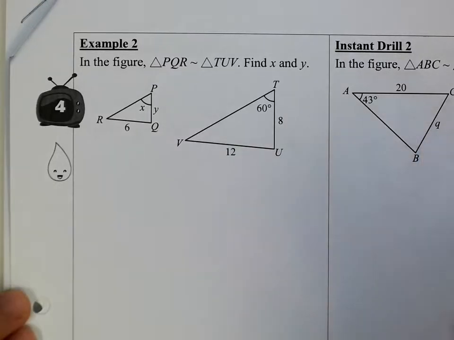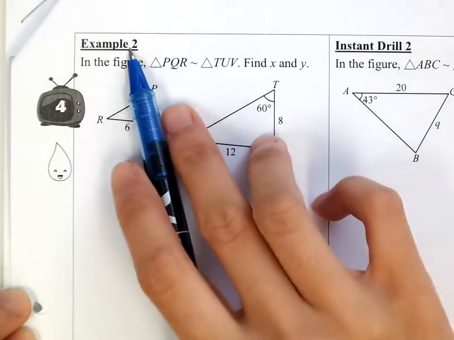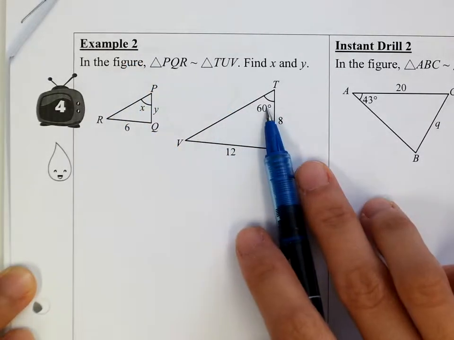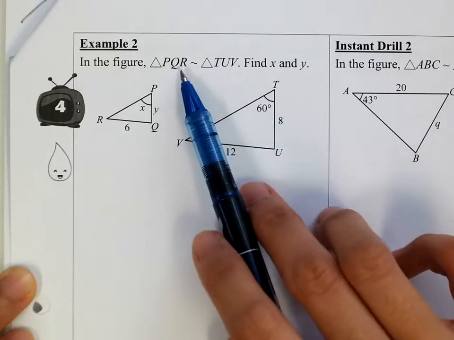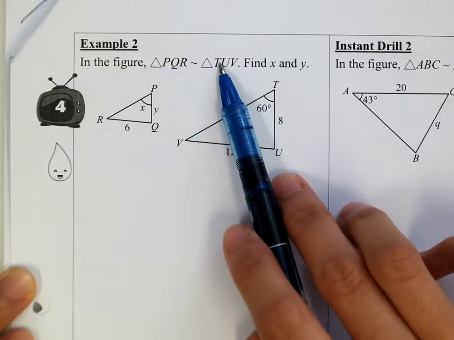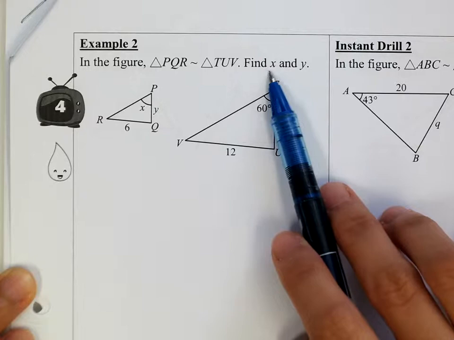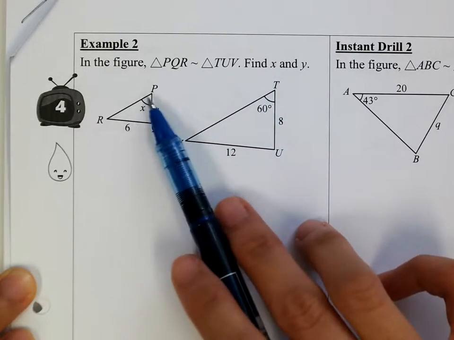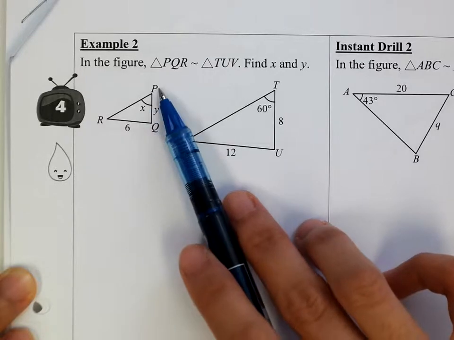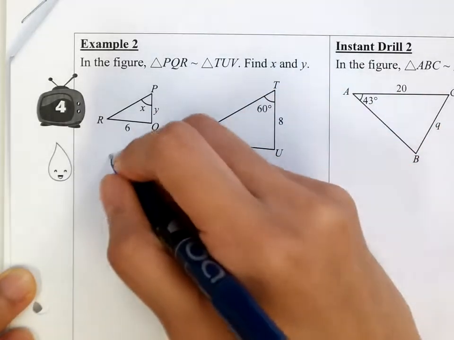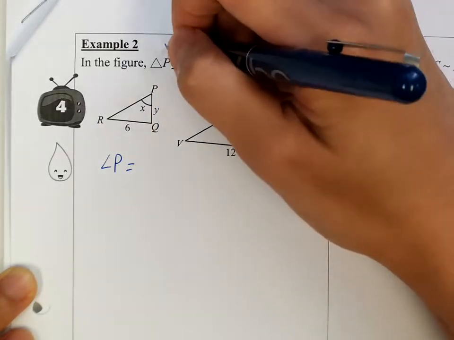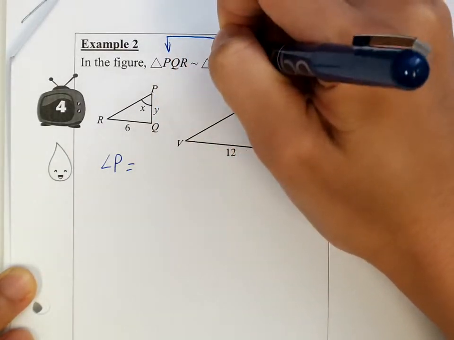Hi everyone, let's take a look at example 2 on page 3. In this example, we know the two triangles are similar. We are going to look for the unknowns x and y. So let's begin with x. x is actually the angle P. You can see angle P matches with the angle T,